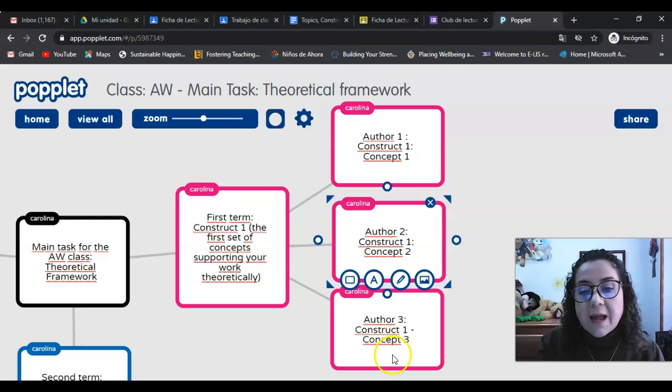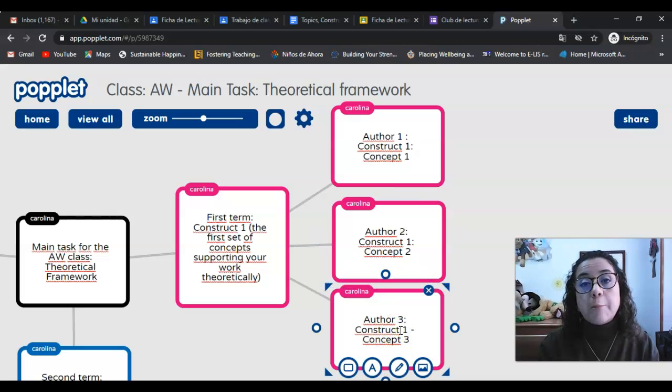And author 3 is talking about anxiety in adults. So even though we have similar topics, adults and public and so on, we have the same construct, which is anxiety. So Julio is not mixing this with English learning or anything like that. He's just focused on anxiety.